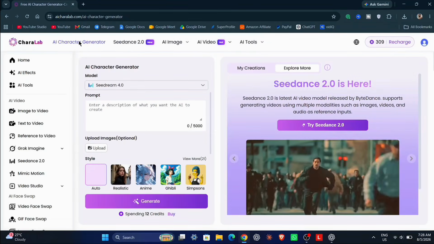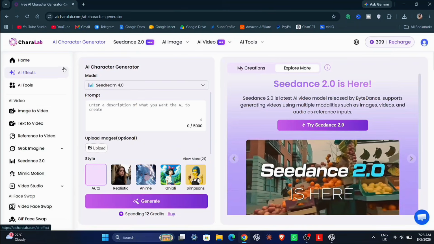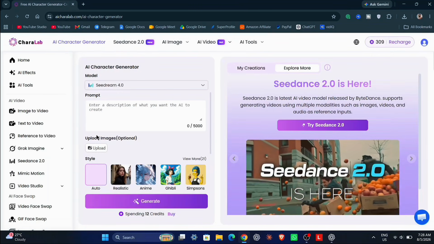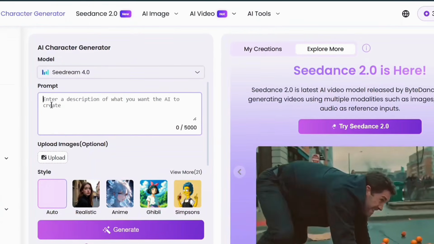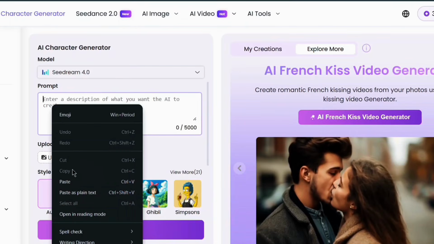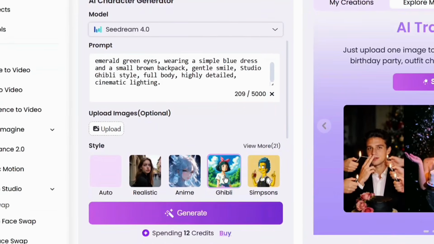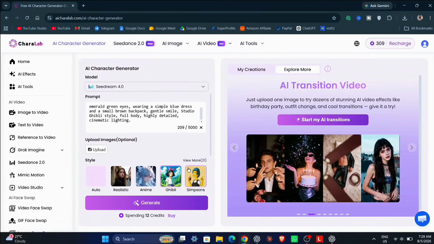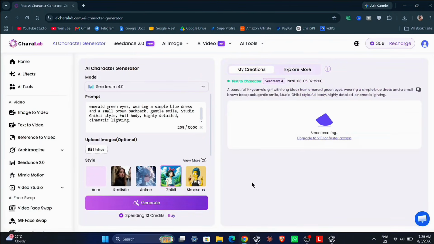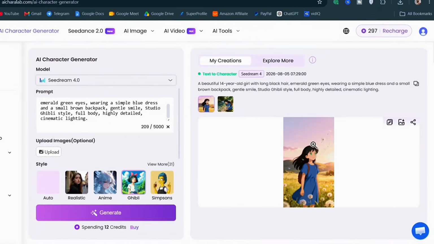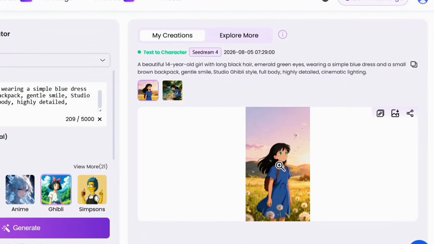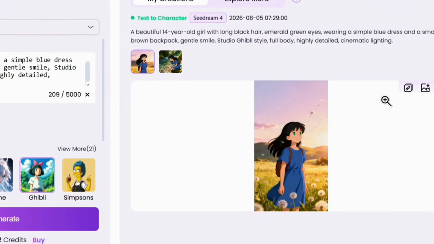Now first click on character images. After that, an interface like this will open. This is where we'll generate characters for our Ghibli-style videos. Simply write the character description you want for your story in text form. Then, under Models, you'll find many styles like anime, 3D, cartoon, realistic, and Simpsons. I selected Ghibli and clicked Generate. As you can see, within just a few seconds, it generated our character. Honestly, the quality and detailing of the character are really impressive.